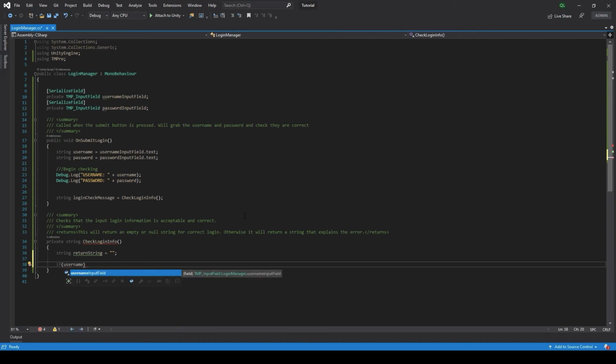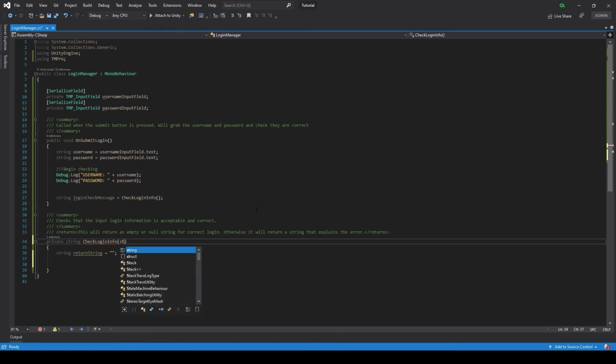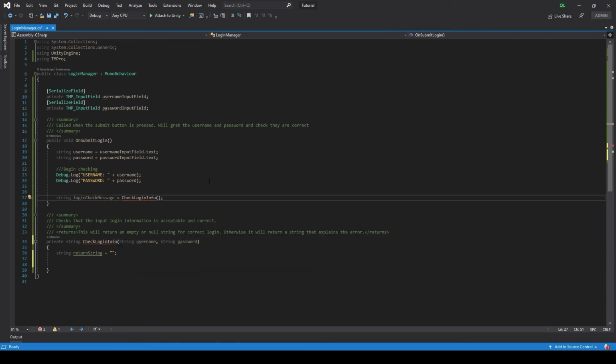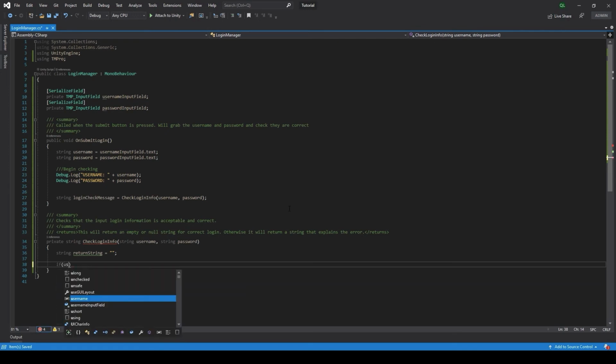So if username, which we actually should grab, or no, we should pass that in. Let's pass in the username and let's pass in the password. Right, so I'm adding parameters now to pass in, and so in check login info, we can now pass in these values that we gathered up above, right? So with that username, now we have the username. I can check if username,